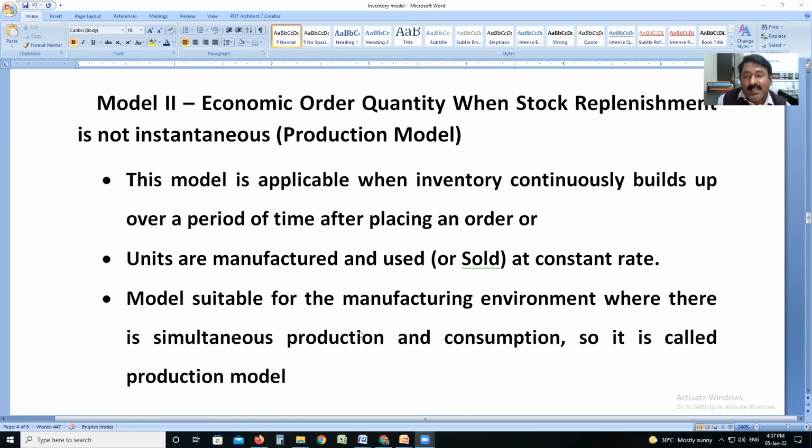The last model you can say is immediate replenishment. So it is not the production case; you can say it is for purchase. Whatever the items are, immediately purchase and proceed further, because for production some time is required. So this model is used for production purposes, and it is also called the production model. An objective type question may be there: for the economic order quantity model, when stock replenishment is not instantaneous, which model? Your answer should be the production model. So there is the basic model, then the production model, like these options may be there.